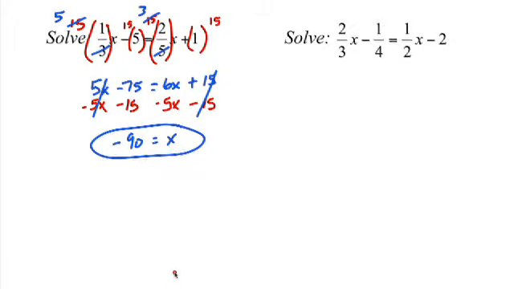Okay, one more, and this is the one that's the climax of this chapter. Yeah, this is tough. First of all, when you notice the two denominators, they are simple, a 3 and a 2. So our least common multiple or least common denominator between the two of those is going to be a 6.